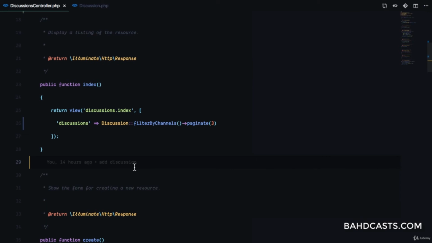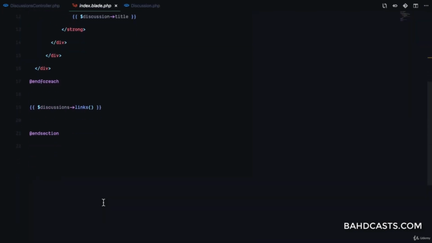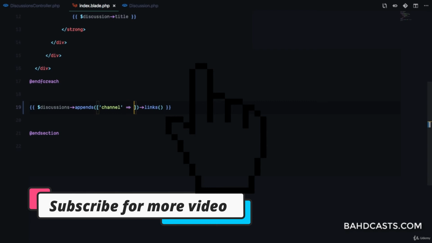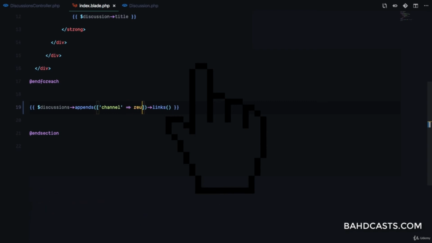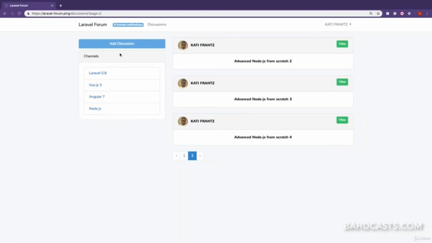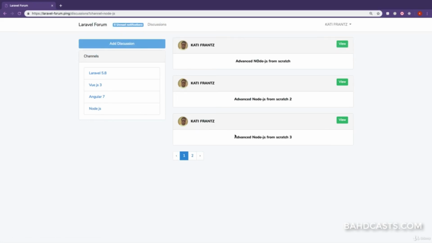So what we want to do is go back to the index.blade.php for discussions, and then these links, we're going to append the channel. So append channel is going to be equal to request query, and we'll get the channel from the query. So in case there's an active query channel, then it's not going to remove it, it's going to let it be right there. Okay, so now let's refresh, get rid of all of the query params, select Node.js,